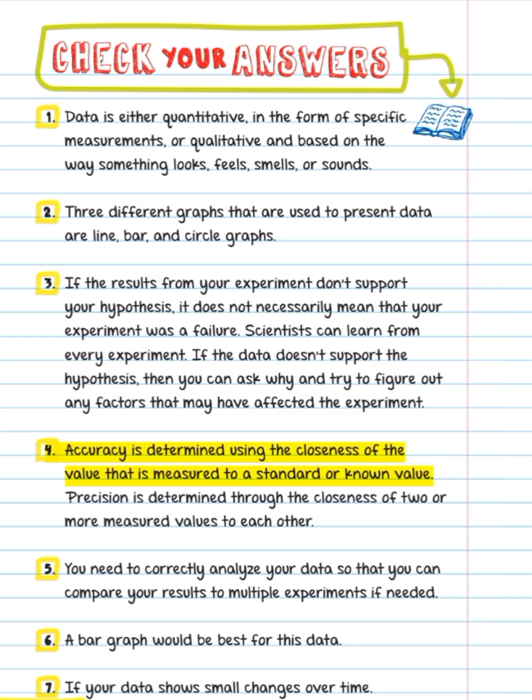4. Accuracy is determined using the closeness of the value that is measured to a standard or known value. Precision is determined through the closeness of 2 or more measured values to each other. 5. You need to correctly analyze your data so that you can compare your results to multiple experiments if needed. 6. A bar graph would be best for this data. 7. If your data shows small changes over time,